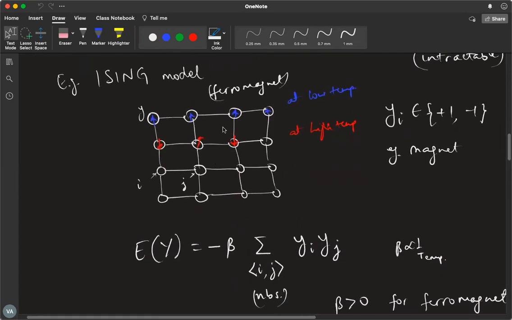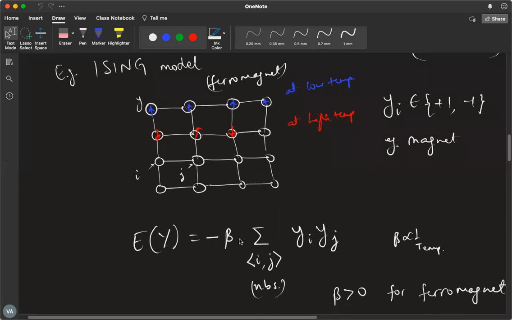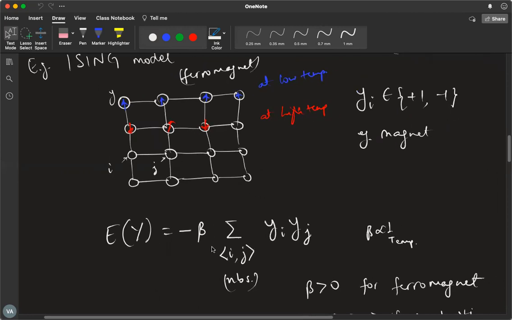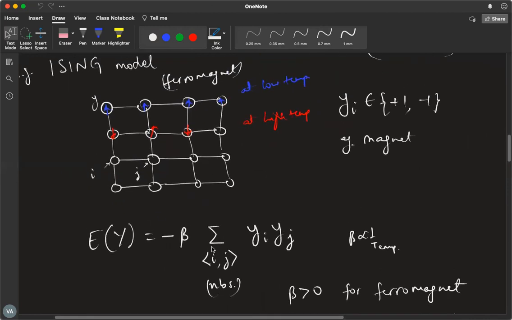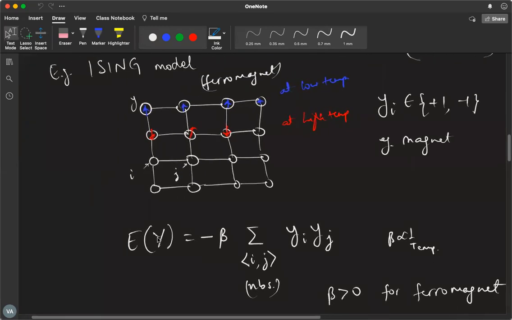The energy of the whole lattice is given by the product of neighboring sites. So if yi is +1, yj is -1, then the product is -1. And then similarly, you sum over all the immediate neighbors, multiplied with some beta term, which is inversely proportional to the temperature in the statistical physics sense. And then there is a negative sign or a positive sign, depending on whether it's a ferromagnet or an antiferromagnet. So this is just the energy term,